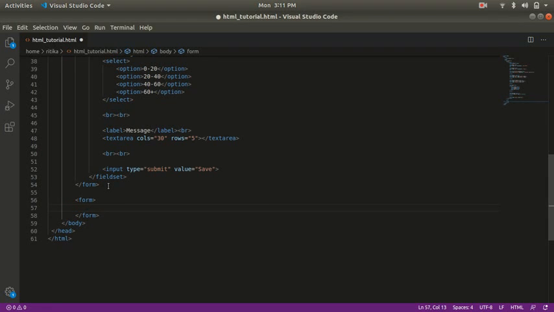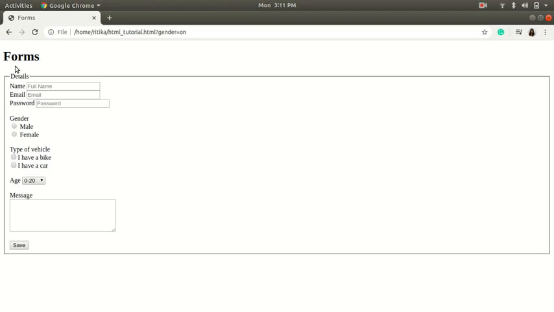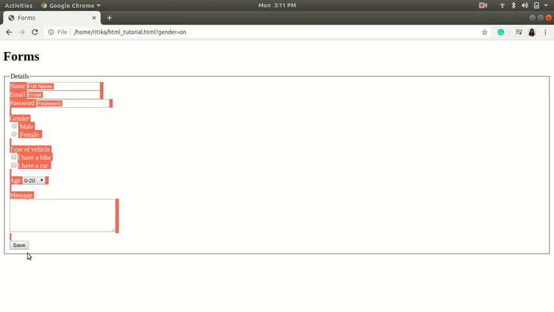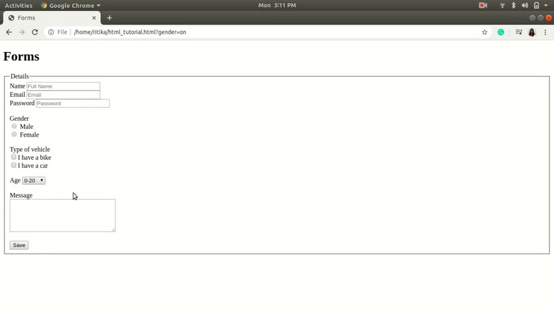Within form tag we have to write field set. Within field set, to make it look beautiful and to make it compact, make the entire element place within this box. We will write legend tag.